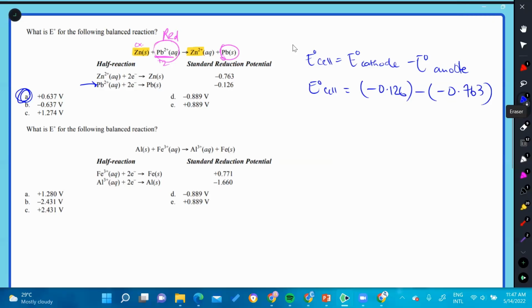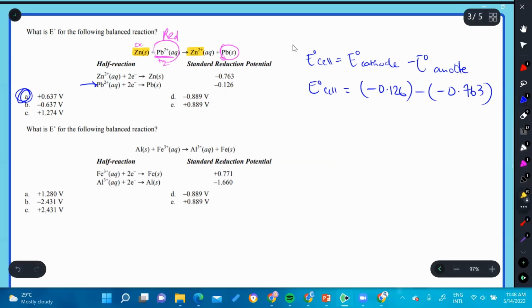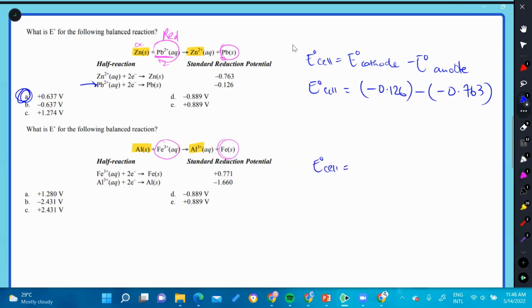I'm going to do the same thing over here. Determine what's reduced, determine what is oxidized. First, look at the oxidation states. So this is 0 and it goes to 3 plus, so that's definitely what's oxidized. So that leaves us with this being reduced. So the E naught of this cell will be equal to the cathode value. The cathode is where reduction occurs. So that's the Fe3 plus, and that's going to be